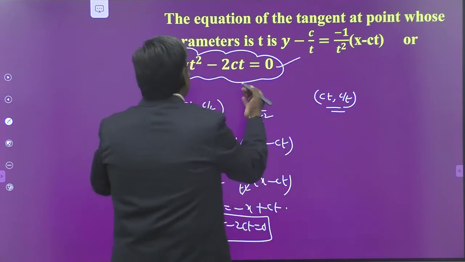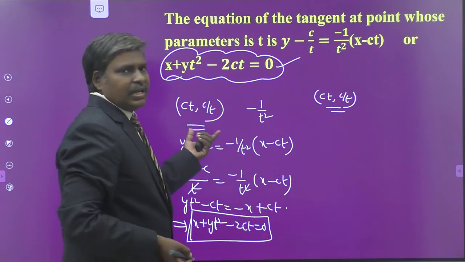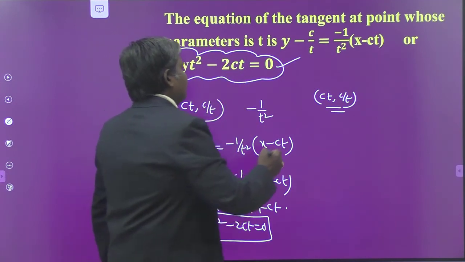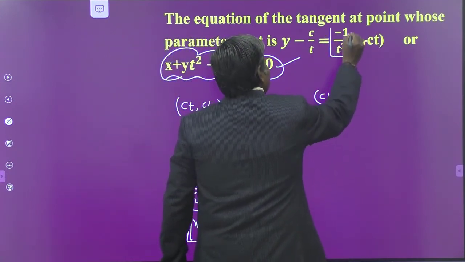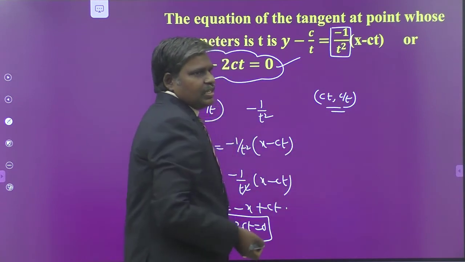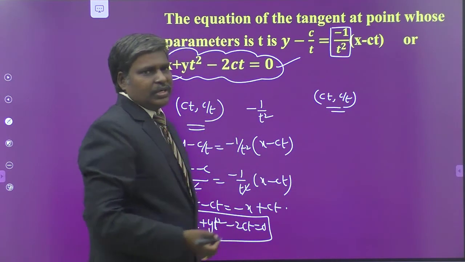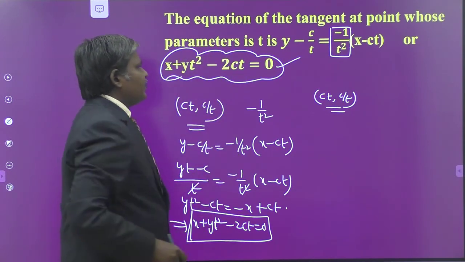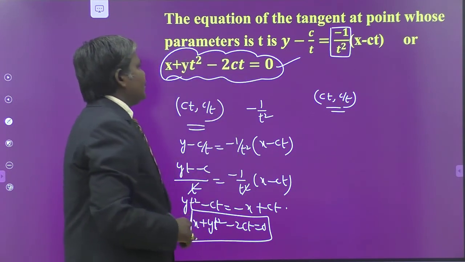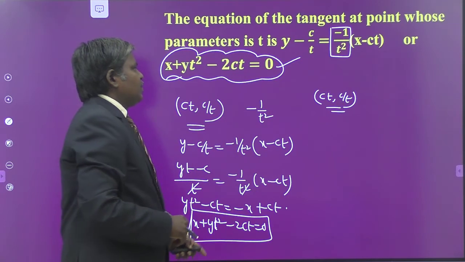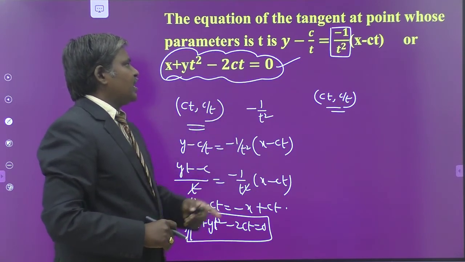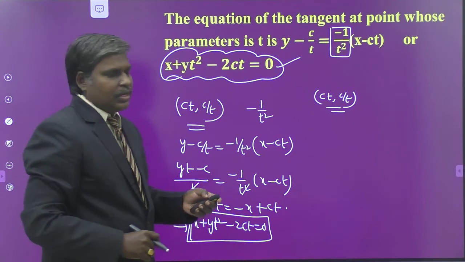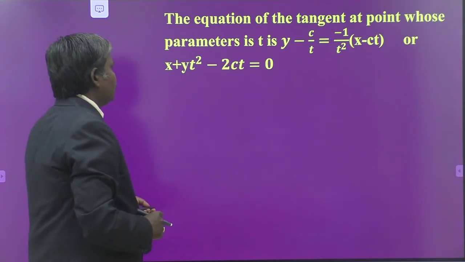Don't mug up these formulas. These are very simple, you can derive it yourself by knowing the slope and point. Slope of the tangent, don't forget, minus 1 by t square. You can prove it very easily by just differentiating one time for xy equal to c square. This is the equation of tangent at the point whose parameter is t: y minus c by t equal to minus 1 by t square times x minus ct. On simplifying, you get it in this manner. Okay. Next,